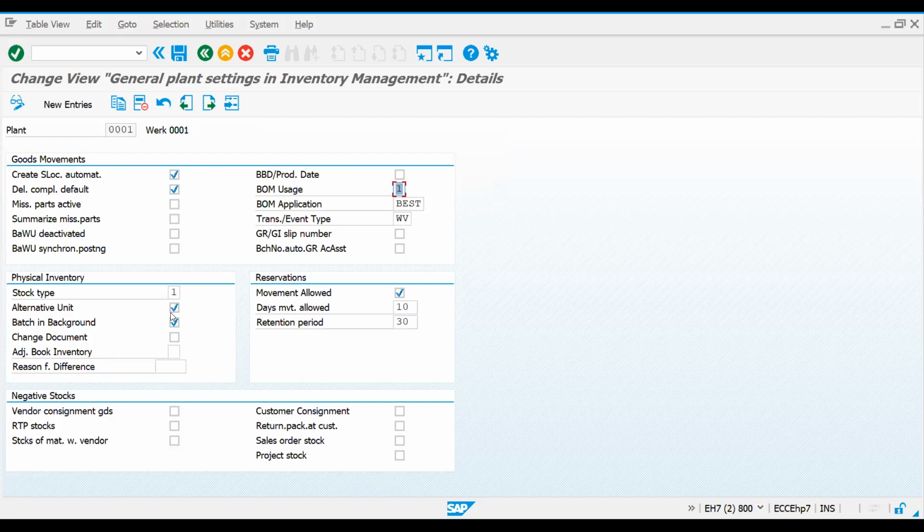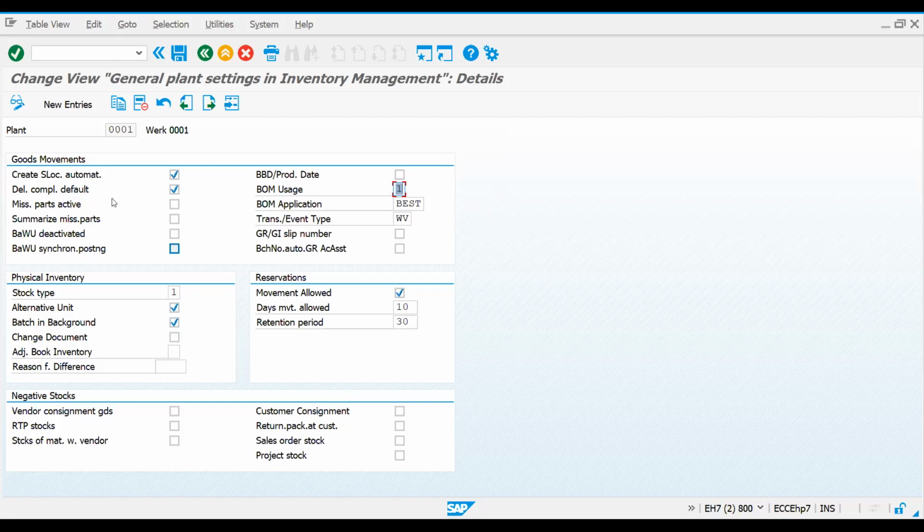You can choose an alternative unit of measurement, that means apart from your stock keeping unit, you can choose another alternative unit. If you run this same report for your stock posting in the background, then you can choose this one. Movements allowed means that with the help of the movement type, you can choose the reservations. So different parameters will be there.